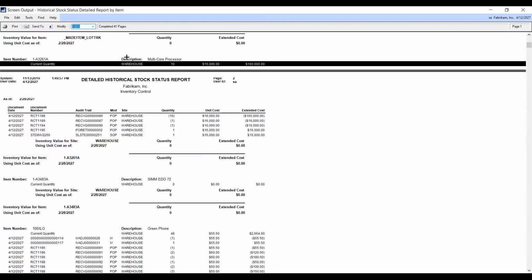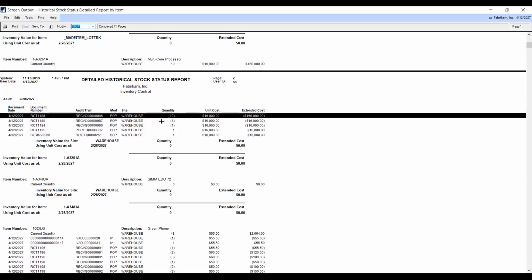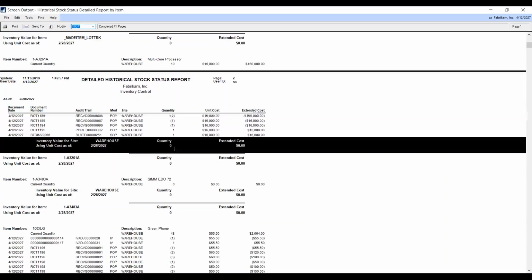We started our current quantities right here at 10. And this is going to feel kind of wonky because I received in 10, but what that's doing is taking away from my quantity now, since I received them, it bumped this quantity up. So it's doing the opposite to get me back to my quantity at